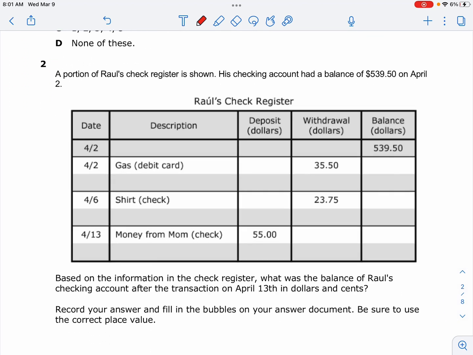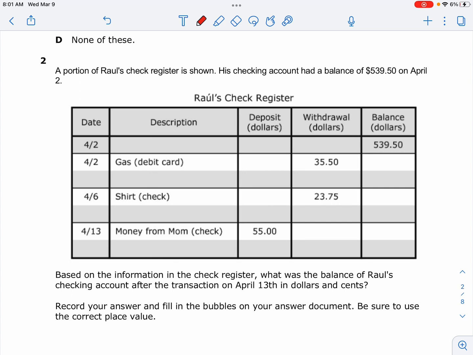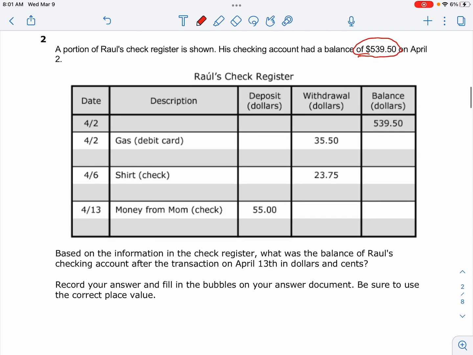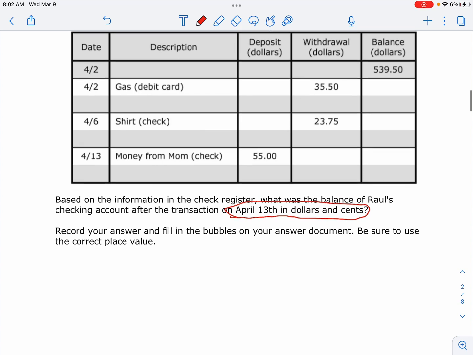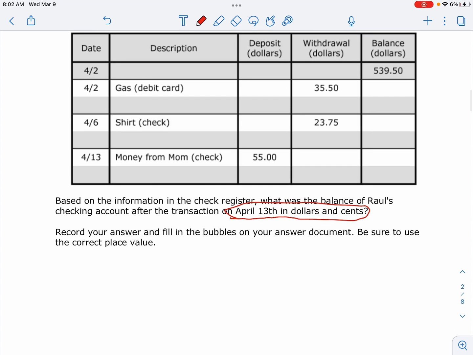A portion of Raul's check register is shown. His checking account had a balance of $539.50 on April 2nd. Based on the information in the check register, what was the balance of Raul's checking account after the transaction on April 13th, dollars and cents? Okay, so right here, we're going to have to do some adding and subtracting. So he got gas on his debit card, so that's a withdrawal. So we would subtract that from